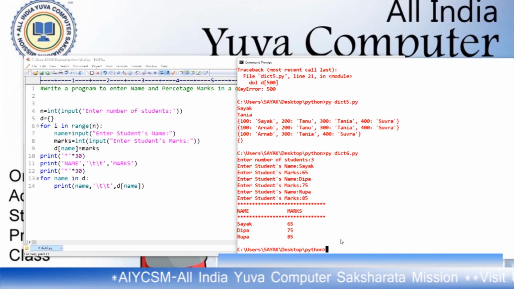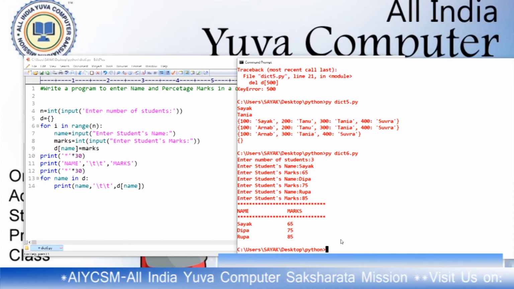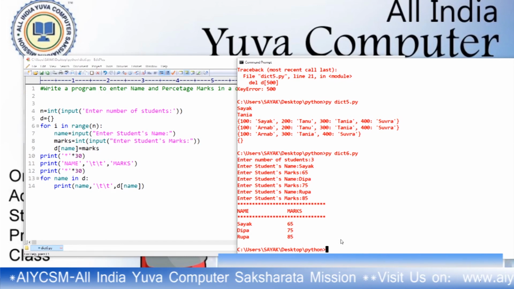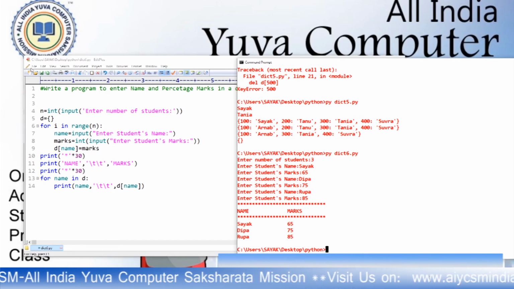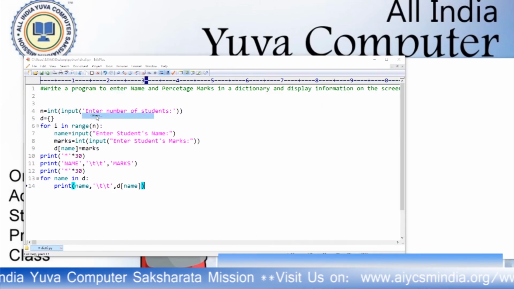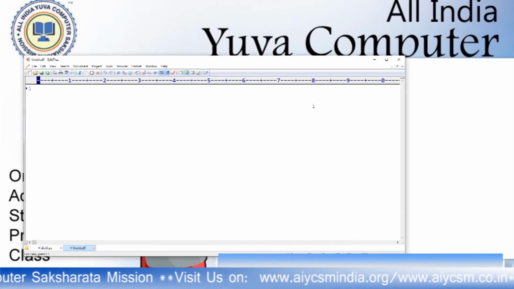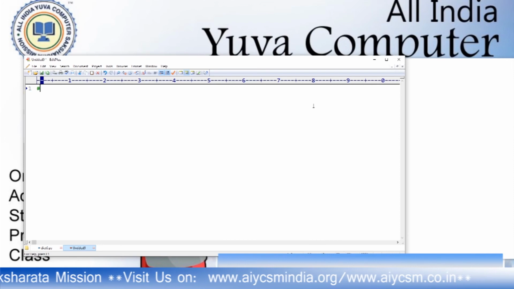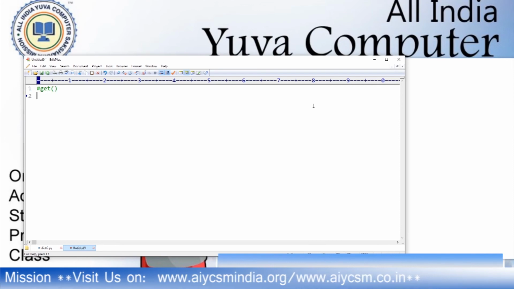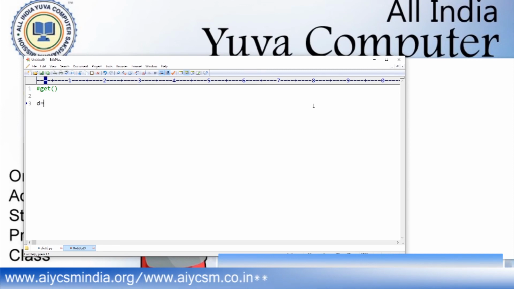Now I have to declare some more important functions that are actually new in Python. Okay, there is the get function. I have to declare the get function first. There is a length function too. You know that it will return the length of a dictionary.